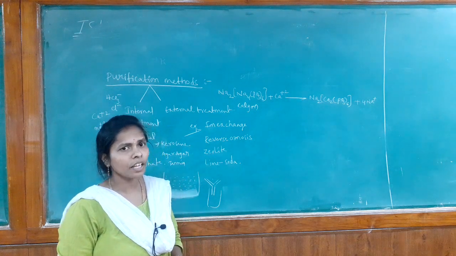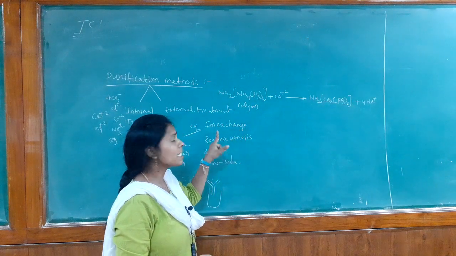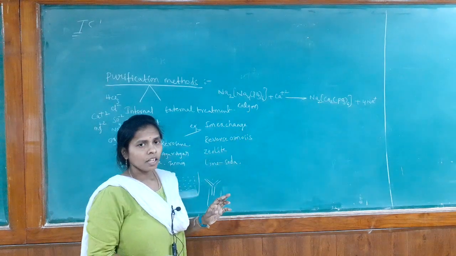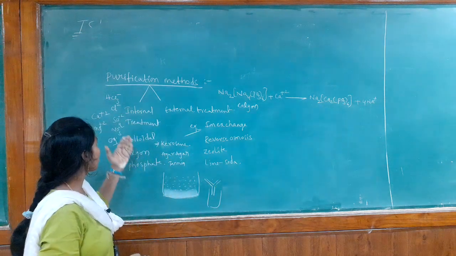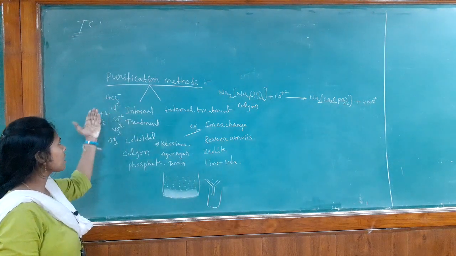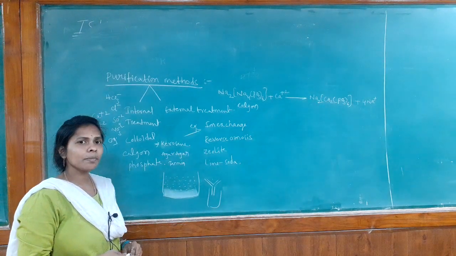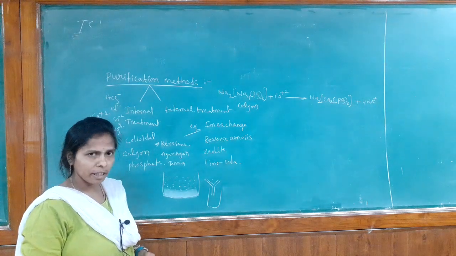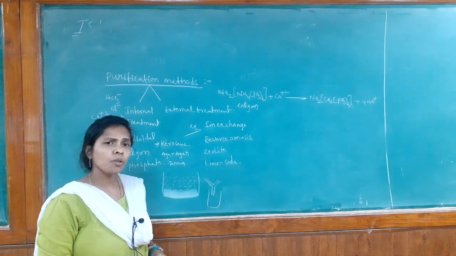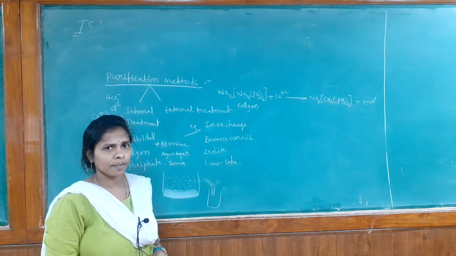Yes, that is the ion exchange method, the method which exchanges the hardness causing ions in the water sample. We know what the hardness causing ions are. So in the ion exchange method, we are using resins. Resins are nothing but polymers. Those resins are cation exchange resin and anion exchange resin.